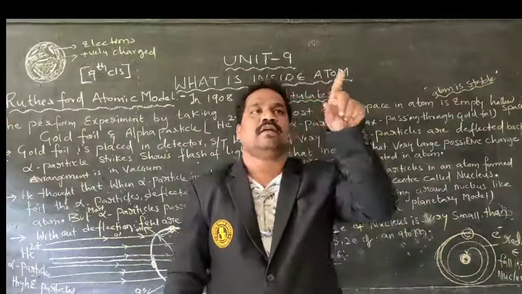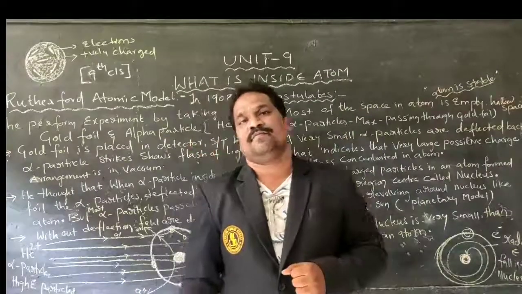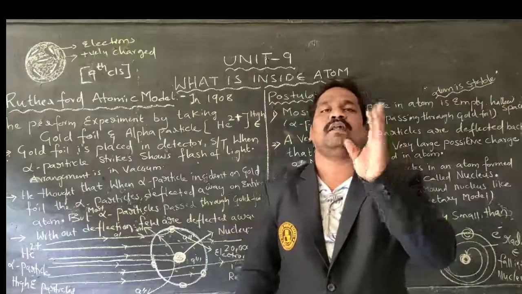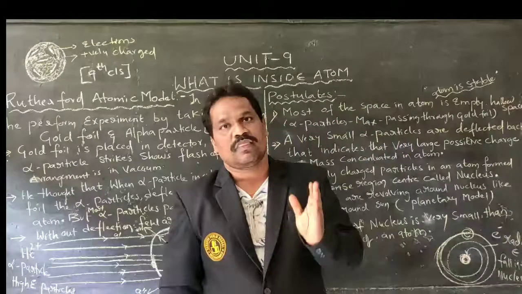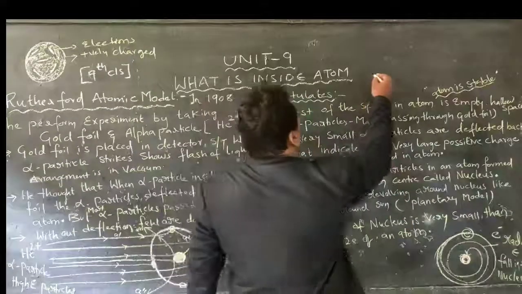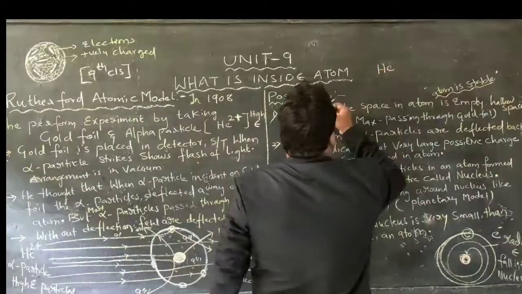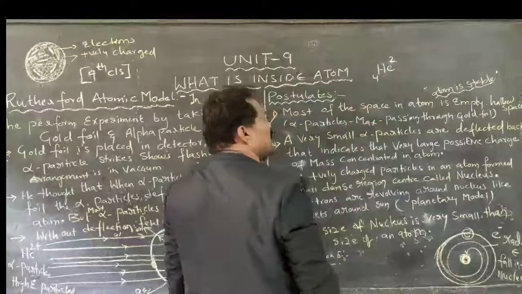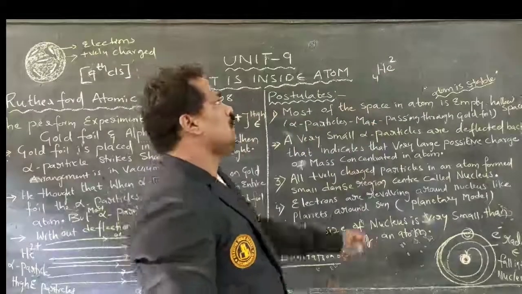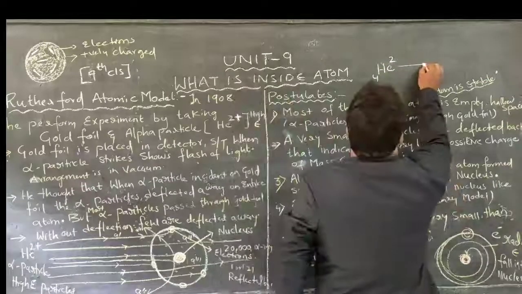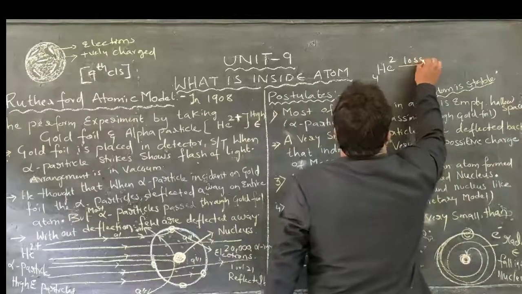The first one is a circular gold foil. The other one is alpha particles. What is called an alpha particle? Helium consists of 2 electrons and its atomic number is 4, in which 2 electrons are existing. If it loses these 2 electrons,